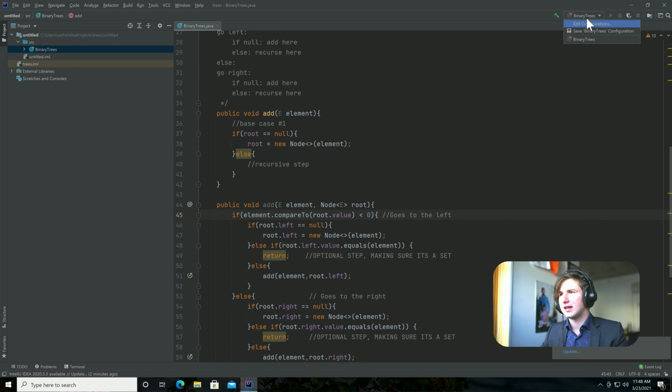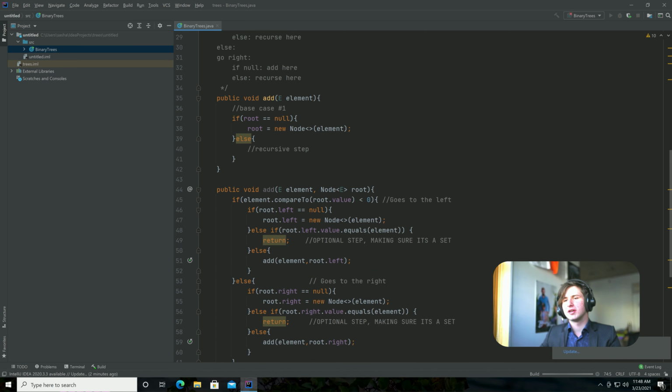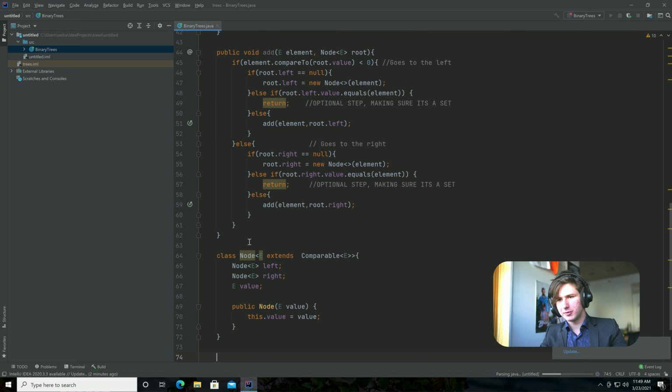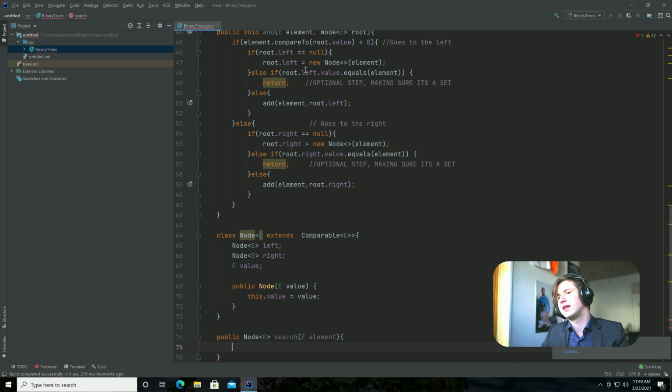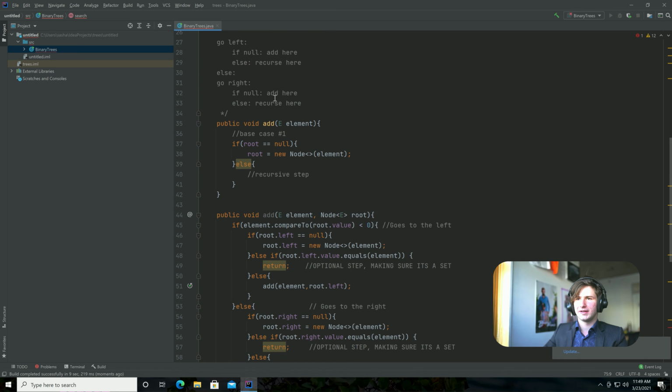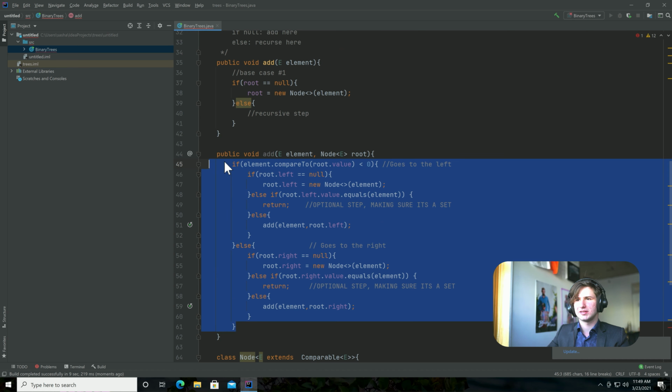But yeah, that's that. Then we've also got the option of doing a search. So we'll move right on to the search right now, because it looks like this thing is being annoying. What we can do is say public node e search, and then we have an e element. This is going to return the node for a given element. And this thing is going to be almost identical to add, right? It's going to be really simple. It's just going to be kind of this code, but we're going to copy paste it and make a few